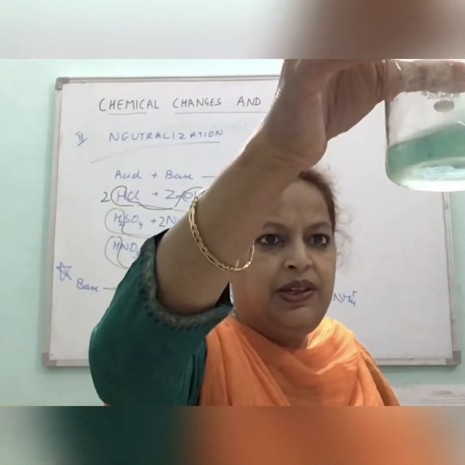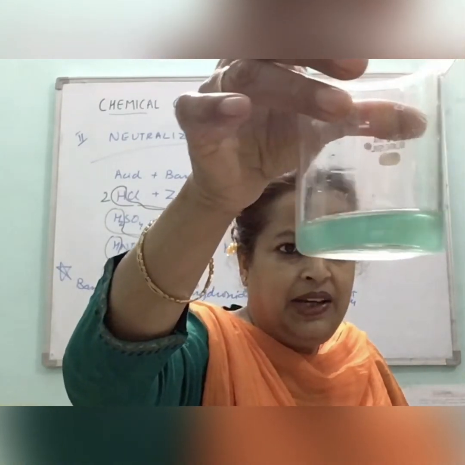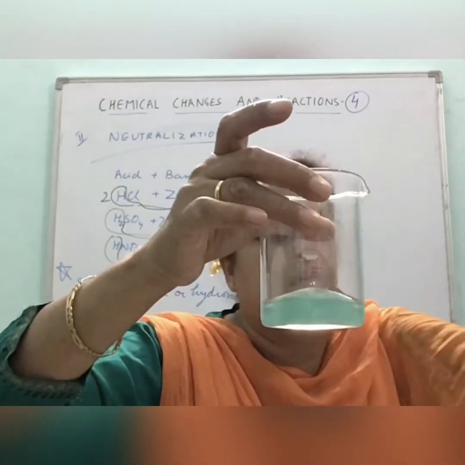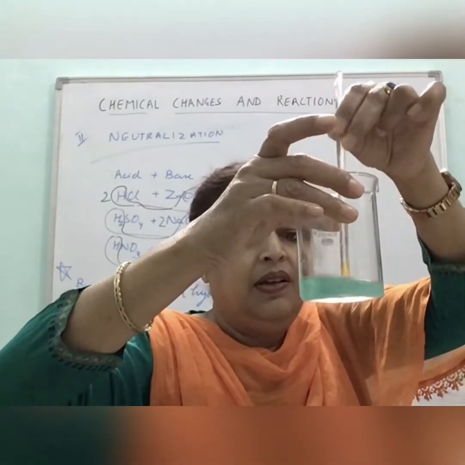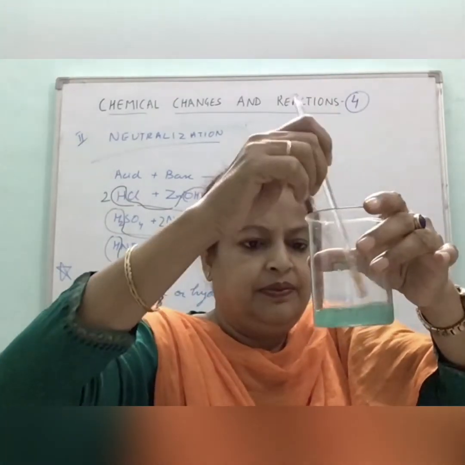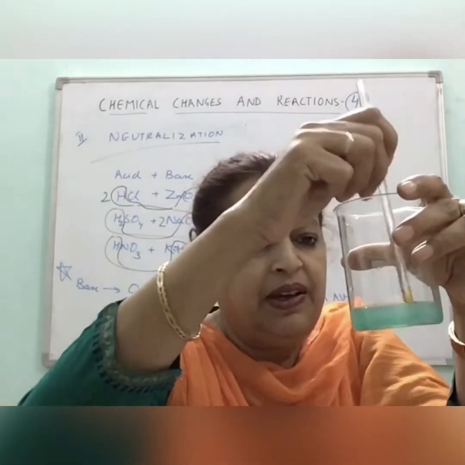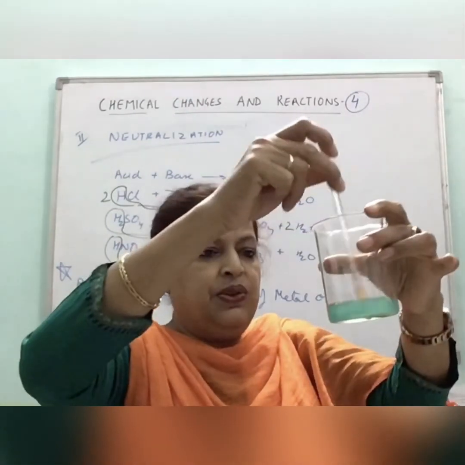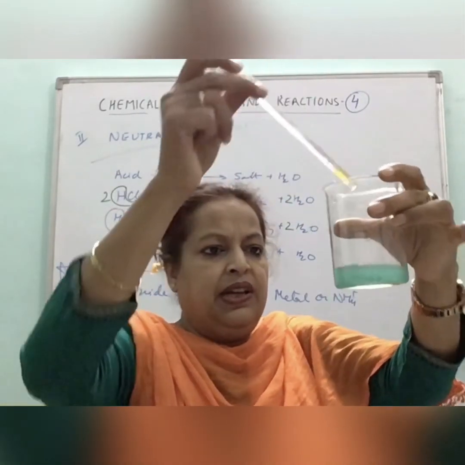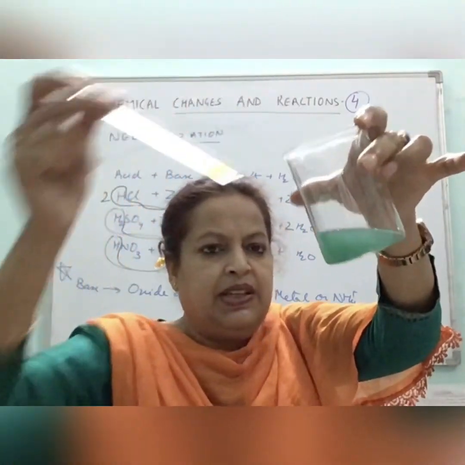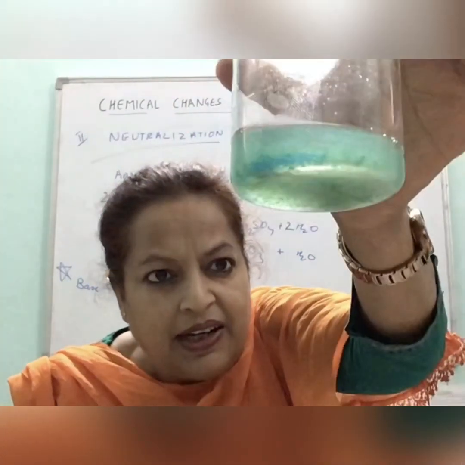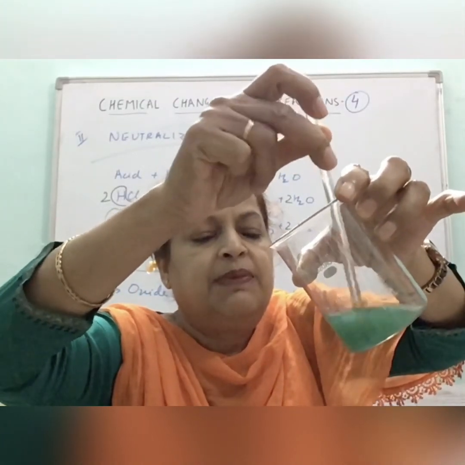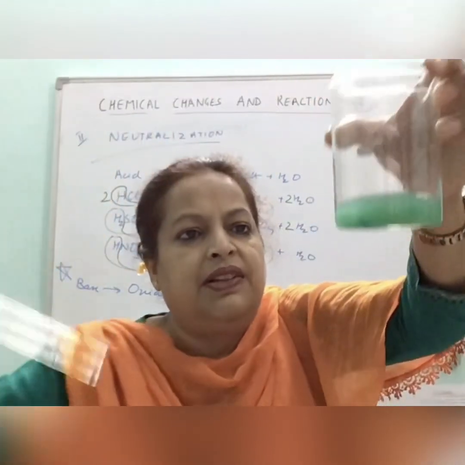I have added NaOH. You can see turbidity there. Insoluble copper hydroxide would be formed. I don't have the chemicals of the lab. There is a makeshift arrangement which I have tried so that I can show you all a little bit. Now you can see that an insoluble precipitate is formed. You can see that turbidity, that insoluble substance. A lot of insoluble precipitate is formed. It is pale blue in color. See, you can see it is turning dirty.